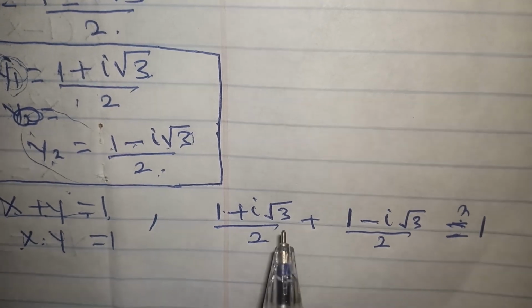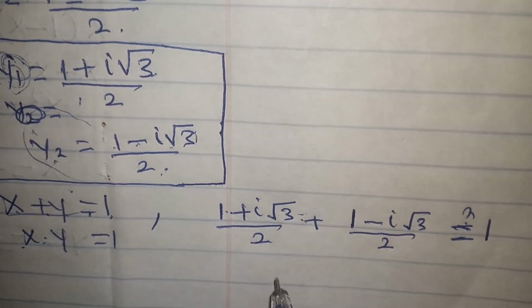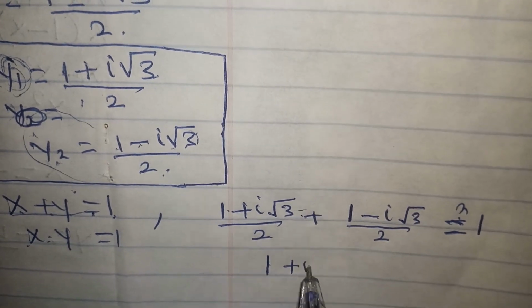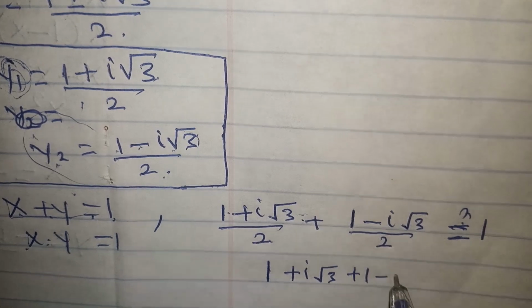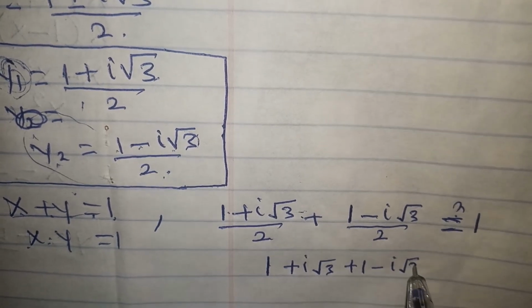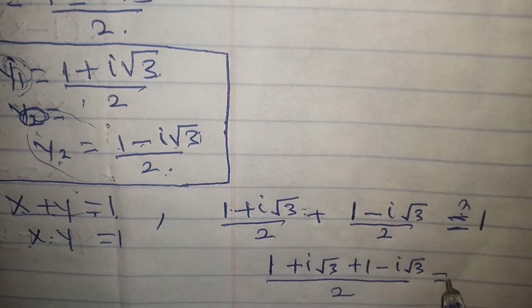So from here, if we look for the LCM, we are going to have 1 plus i root 3 plus 1 minus i root 3 over 2